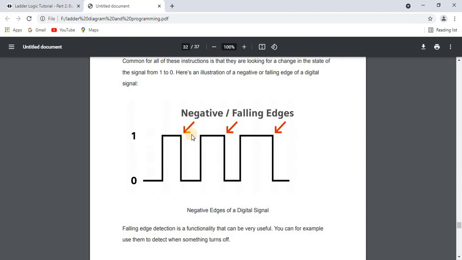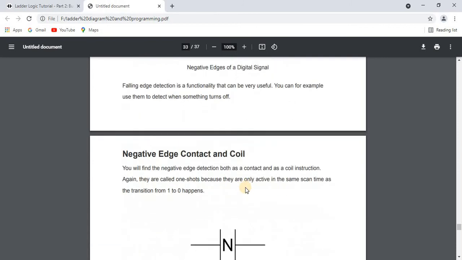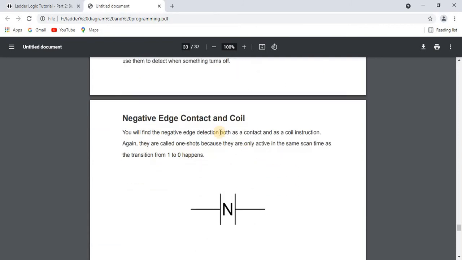This block is going to check for the falling of the signal from 1 to 0. Falling edge detection is functionality that can be very useful. You can, for example, use it to detect when something turns off. You can see here the negative edge and negative contact.